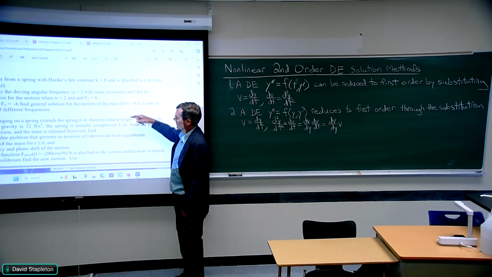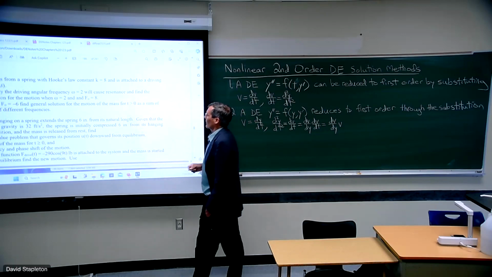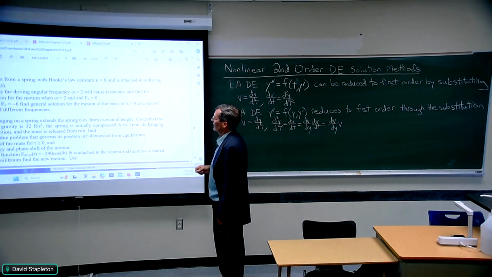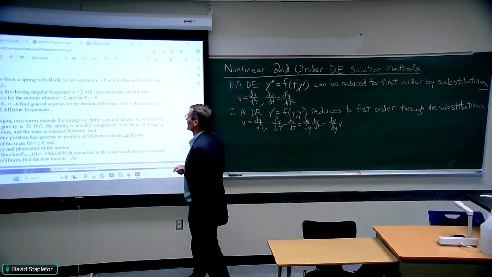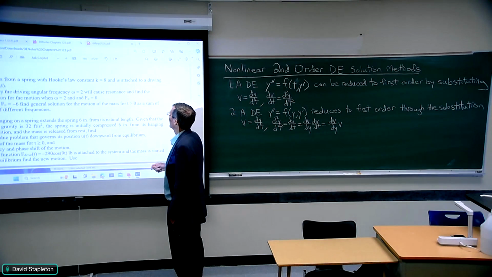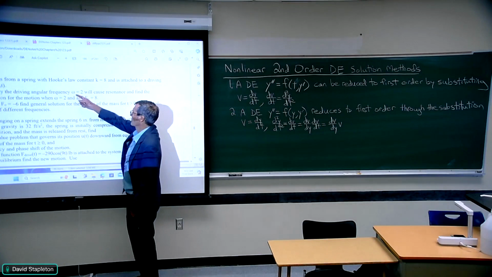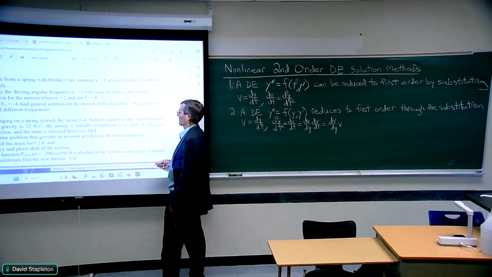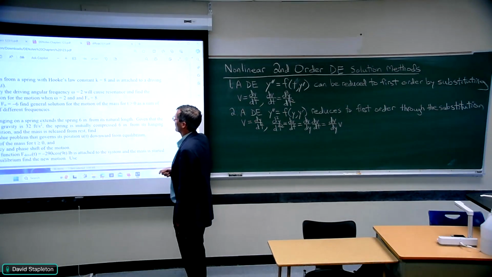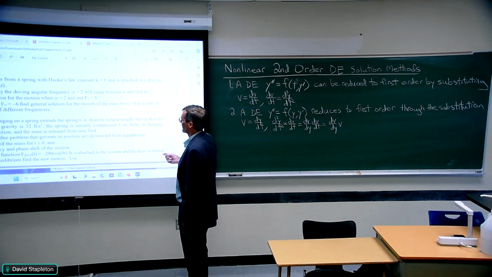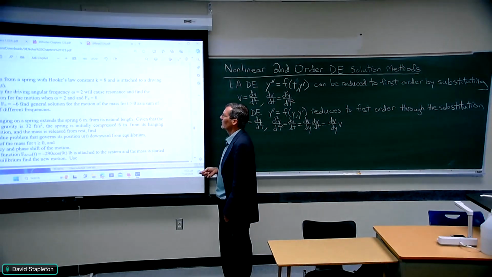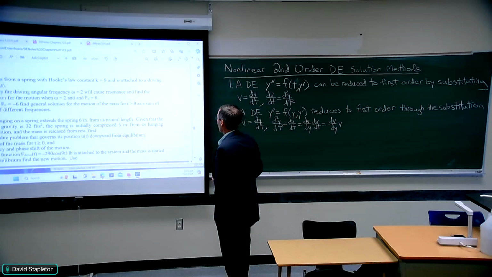to get alternating current. Show that the driving angular frequency, only the driving angular frequency, omega 0 equals 2, will cause resonance, and find the general solution for the motion when omega 0 equals 2 and F0 equals 8. So,